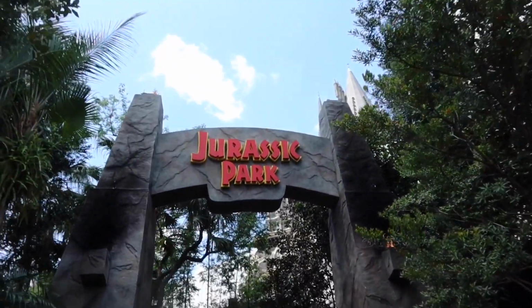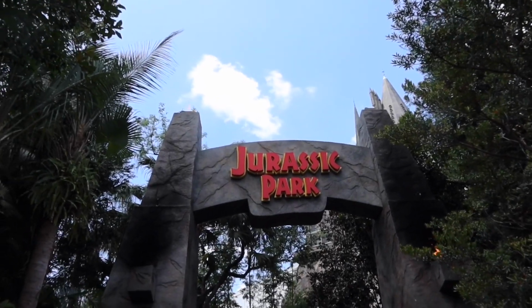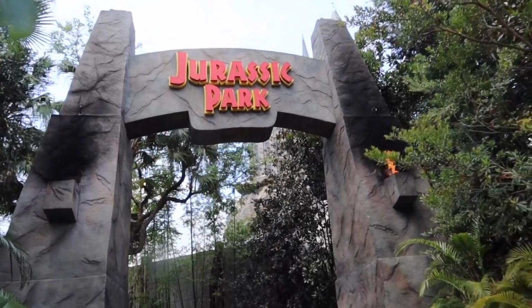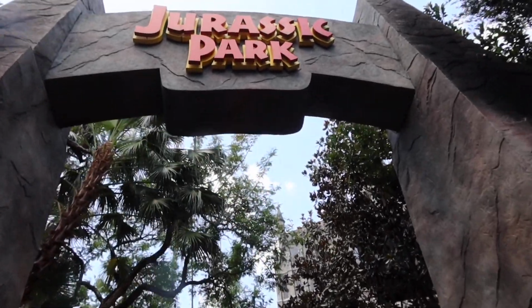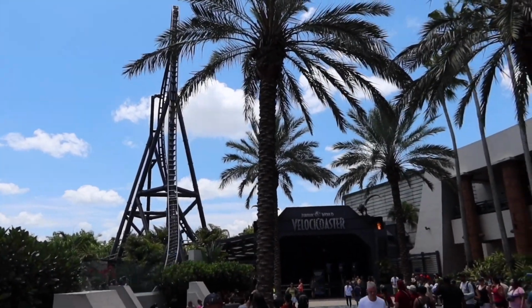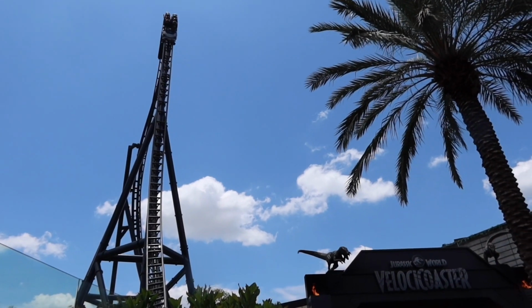Making my way to Jurassic Park, and we have 2 fires on the gate for us tonight as I meander my way in and see what kind of fun kid memorabilia for each attraction you could collect. And here's an attraction that you may want to utilize those toys to bribe your kids to ride here at